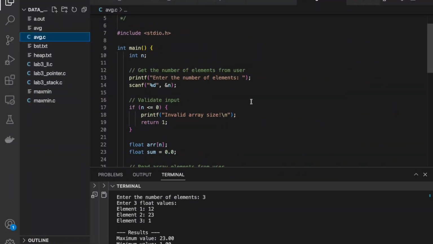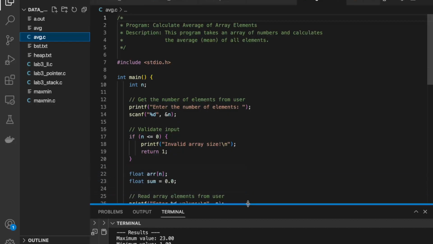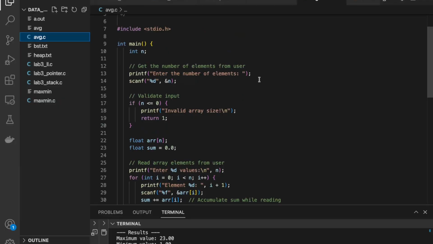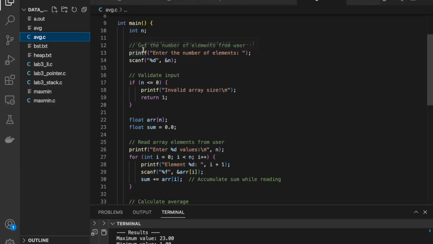Okay guys, let's look at the code for finding the average of an array of elements. Once again, I've given a basic description of my code, right? So you can pause the video at any time and read the comments to get a quick overview of what I've done. Okay, so first thing is I've declared the main. Pretty much what I've done is I ask the user to enter the number of elements. So let's say the user enters 5,